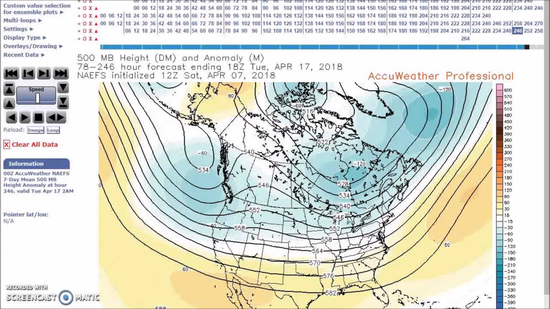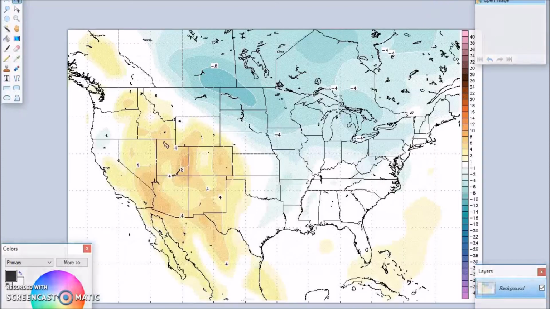So for the ensembles this period, the NAEFS and the European ensembles were used for the temperature forecast. During this forecast period, I am forecasting above normal temperatures for most of the west, with anomalies of 4 to 8 degrees above normal. Near to below normal temperatures are forecast from the plains to the Atlantic coast, with anomalies of 1 to